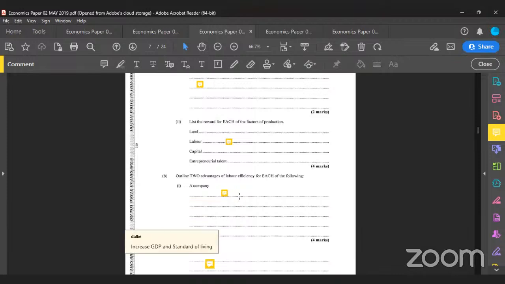It is also beneficial for our country, right, in two ways. So when labor is very efficient, again, cost of production generally goes down, so you can produce more. You can also produce more at more competitive rates, and thus you can have an increased GDP. Increased GDP often leads to also a better and a higher standard of living, or a standard of life, right? So yeah.